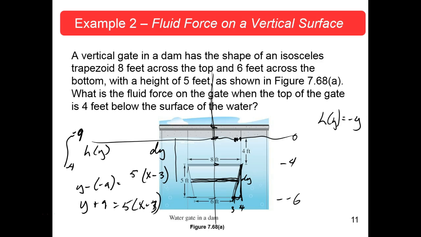It's a fairly simple process, but it's always so convoluted. The calculus is easy once you have this done. So this would be y plus 9 is equal to 5x minus 15, then subtract 9 from both sides, and that would be y, well,